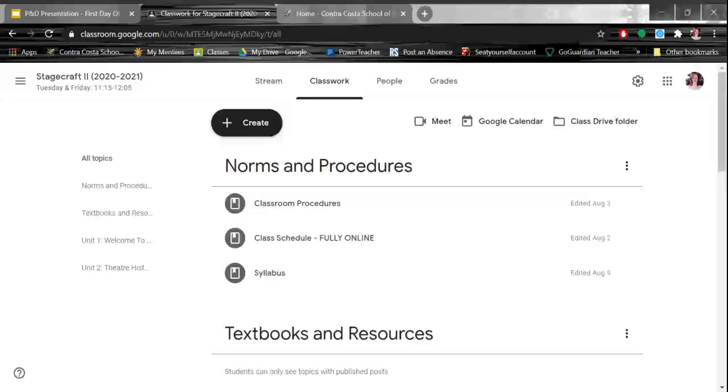Last but not least, the easiest way to contact me is over email or through Google Hangouts, depending on if you are a student or a parent. I ask students not to turn anything in through Google or through email and just to turn it in through Google Classroom. This is a new policy too, but it's to help keep my email box clear so that I'm not missing any student emails. But please, please, please, if you send me an email and I don't respond within 72 hours, please send me another one. We are all getting used to this digital platform, and sometimes those emails get lost in the fray.